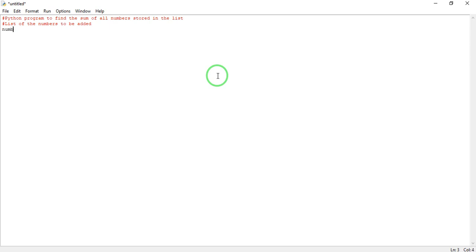We will play around with this after running the program. So numbers equals, put this square bracket and put your numbers here: 1 3 6 5 1 3, then 9 8 4 3 4, and complete the bracket. So this is the list which we have created.